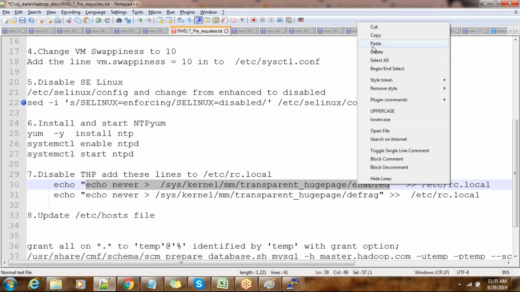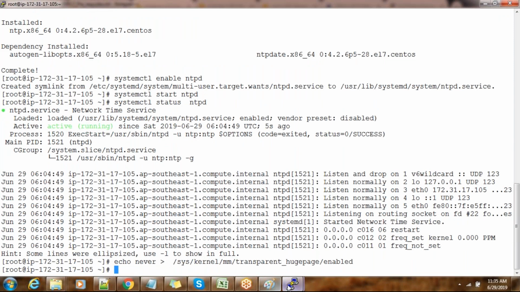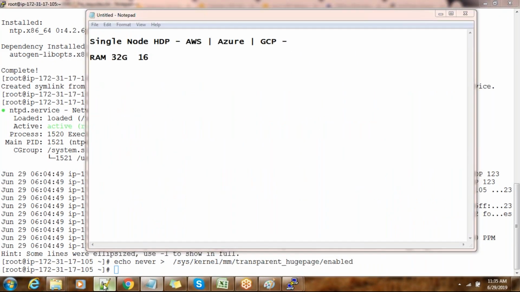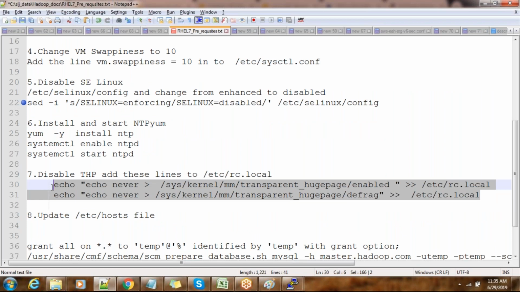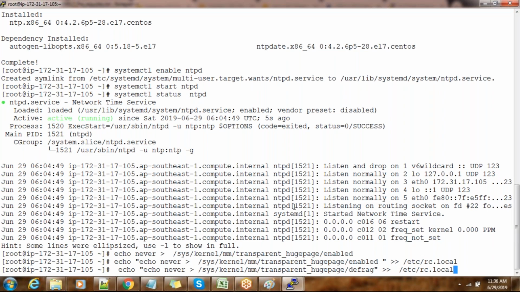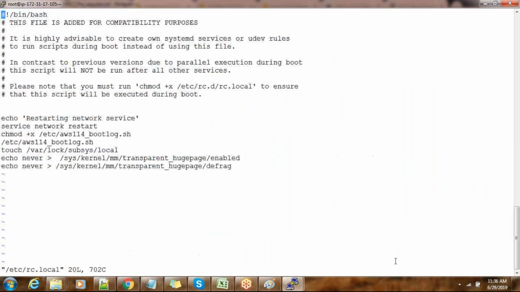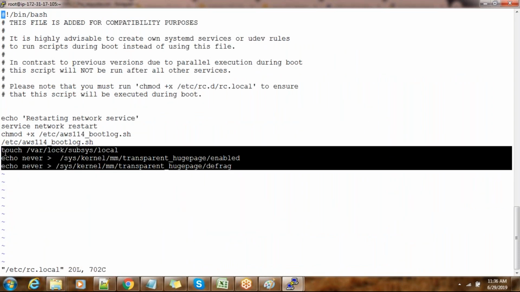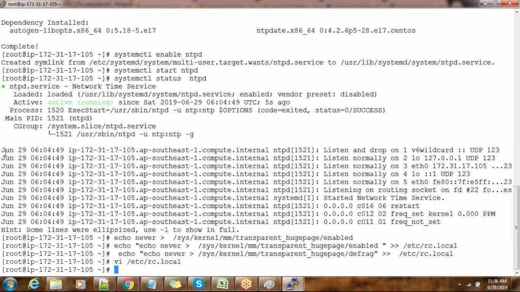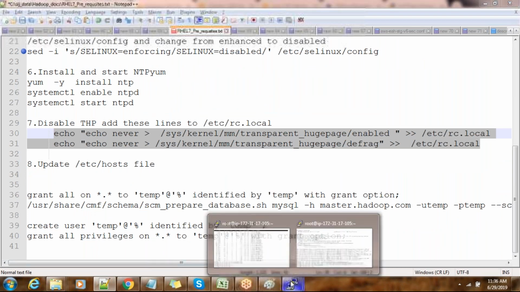I'll show you in detail what this THP is. Right now, just see how. For a single installation, we will just execute this option, and the way THP is disabled is slightly different in RHEL 5 and 6. I just add it in /etc/rc.local so that from the next reboot onwards, these two lines will be executed along with this. /etc/rc.local is just a startup script in Linux. I think that's it about the prerequisites.